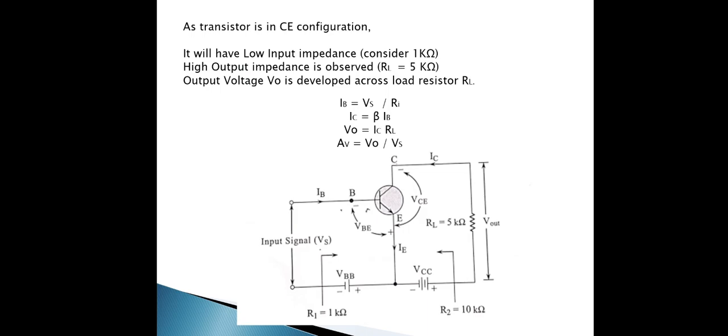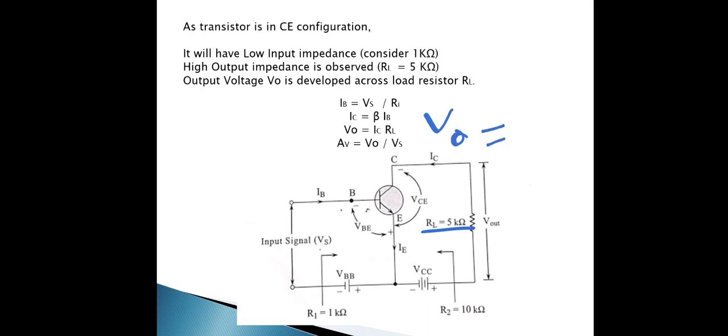We already got the value of IC to be 2 milliamperes and we got the value of RL. RL is equal to 5 kilo ohms, right? So 5 kilo ohms into 2 milliamperes will give